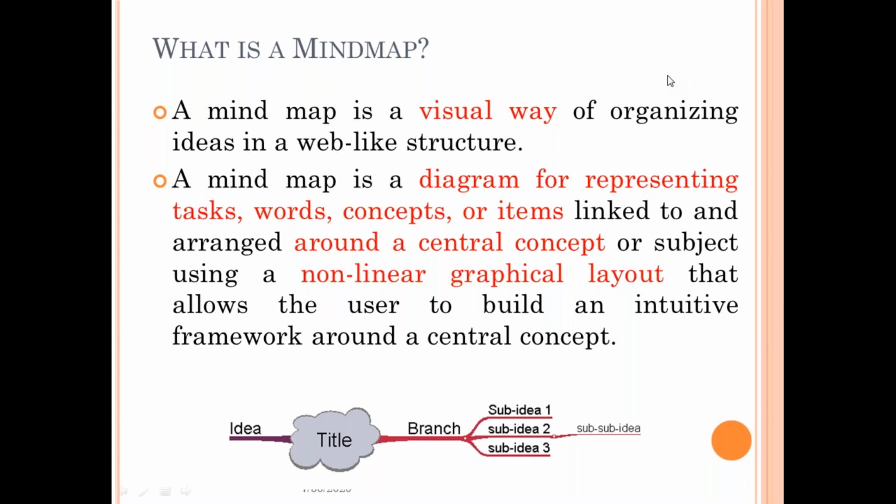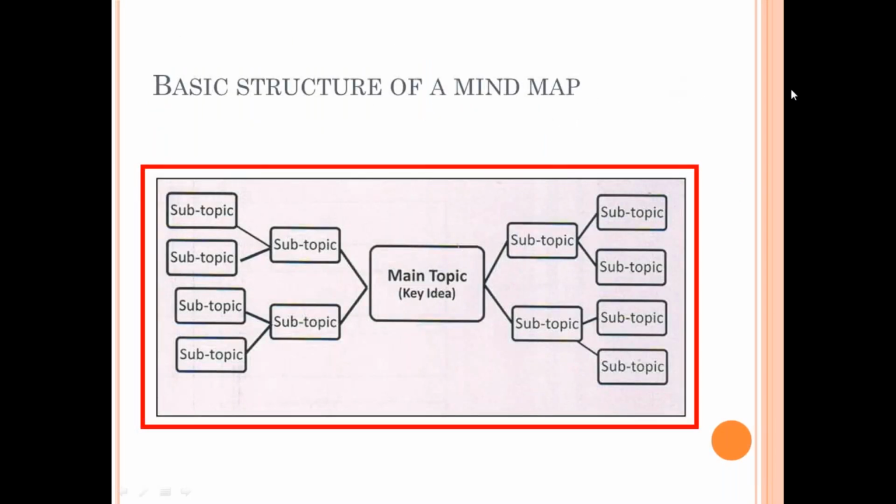It's not a linear presentation. It can go in any direction. It's a multi-directional way of presenting ideas which are connected to a particular central theme. So this is the basic structure of a mind map. You have a central idea, a key idea, and you find four major branches or four major concepts associated with the central idea, and each concept can further be divided into sub branches, and that way you can keep on expanding the branches, building around the central idea just like a web.